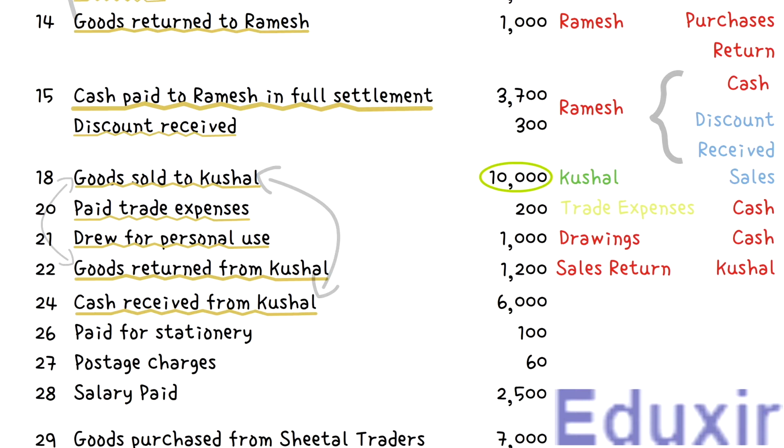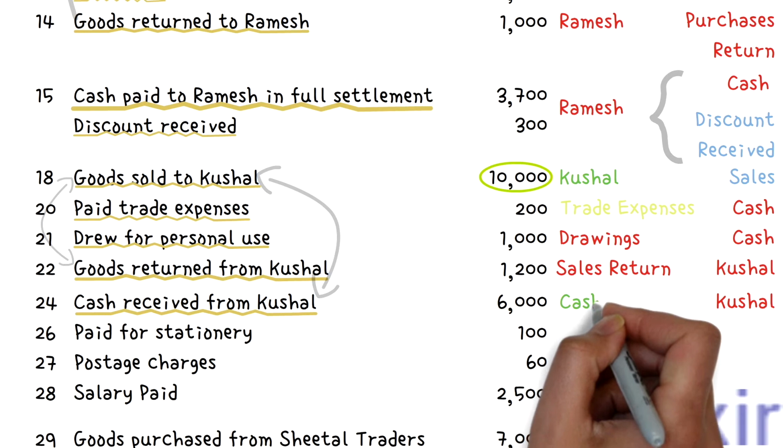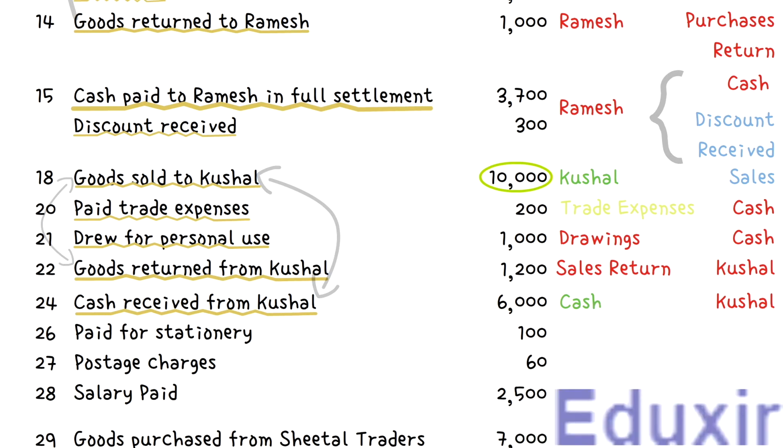The rule to record any decrease in the assets is to create the corresponding assets account. In this case, the debtor Kushal account should be created. At the same time, as the business is receiving cash from the debtor Kushal, the cash asset available with the business will be increasing in this transaction. The rule to record any increase in the assets is to debit the corresponding assets account. In this case, the cash account should be debited. With this analysis at our disposal, let us now proceed with the generalizing of this transaction.